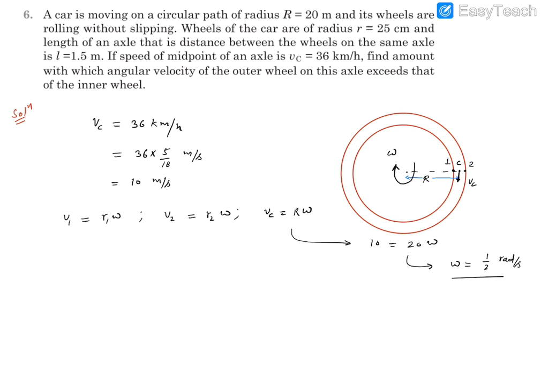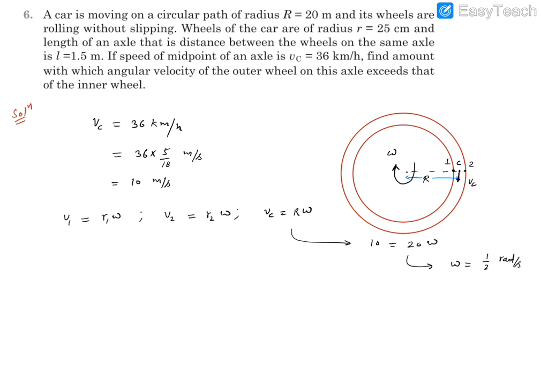So this angular velocity is not of the wheels, rather it is of the car on that circular track. Now we need to come to the wheels. The first wheel will be rolling on this track, and the second is rolling on this track. So they will have their own angular velocity. Let's indicate the angular velocity of the first wheel, or inner wheel, as omega 1, and the angular velocity of this outer wheel as omega 2. So this V1 will be connected with that angular velocity.